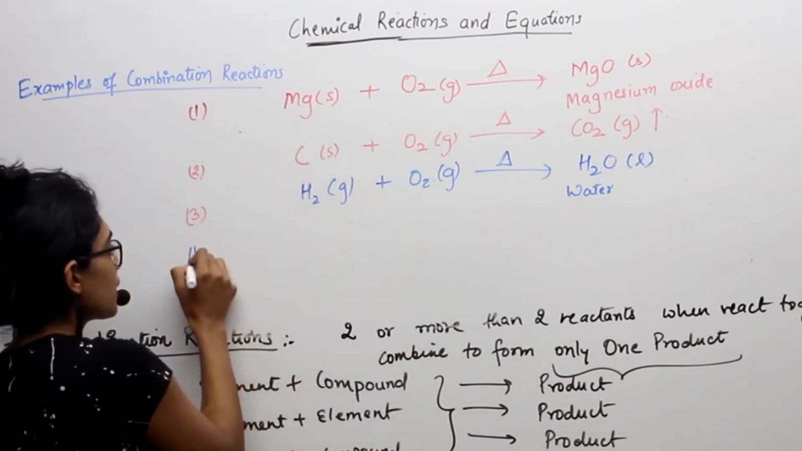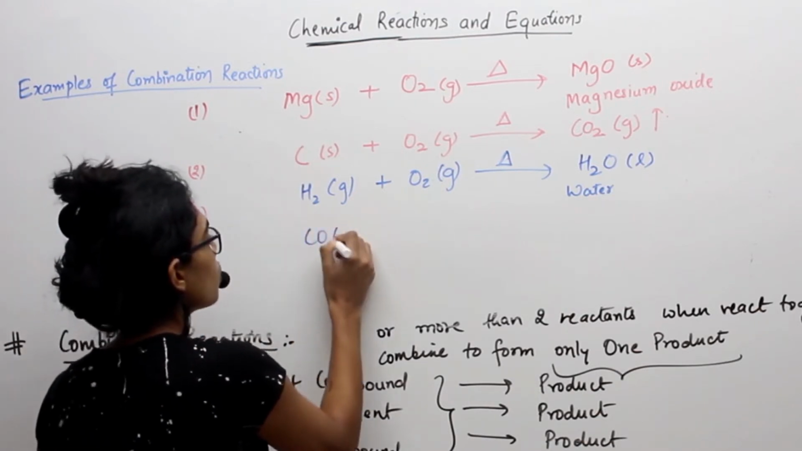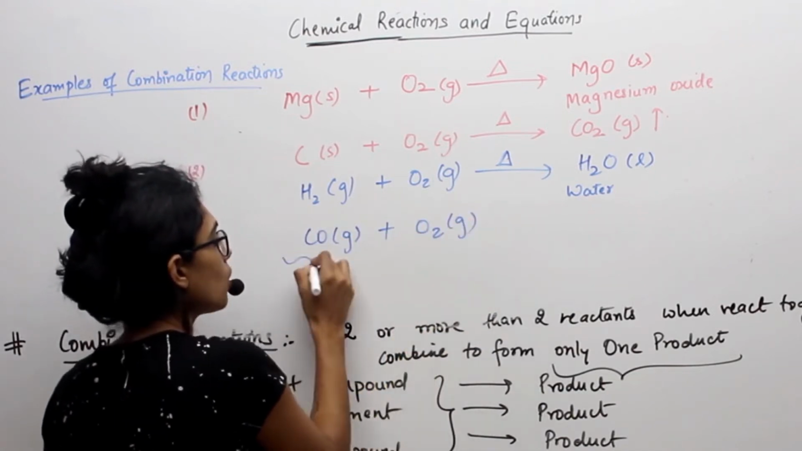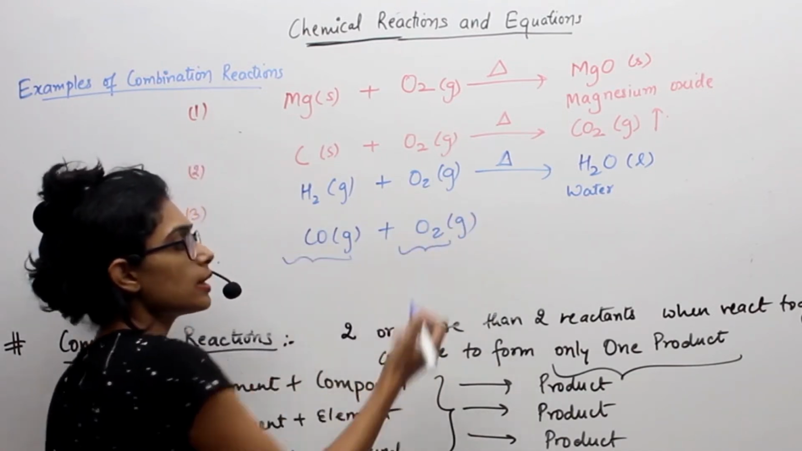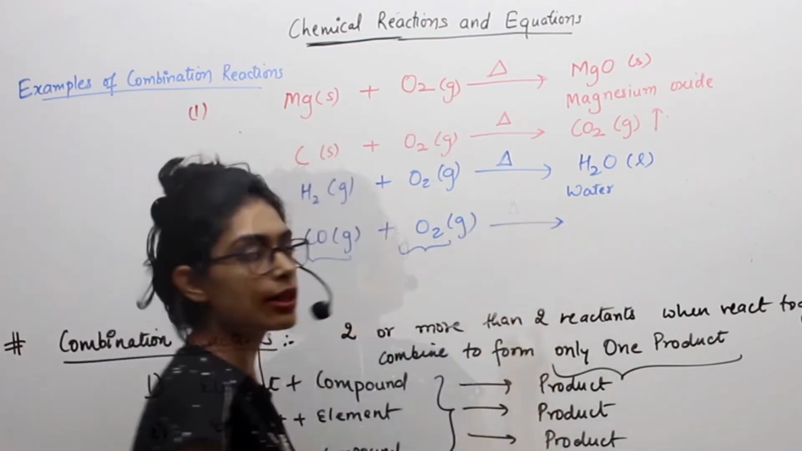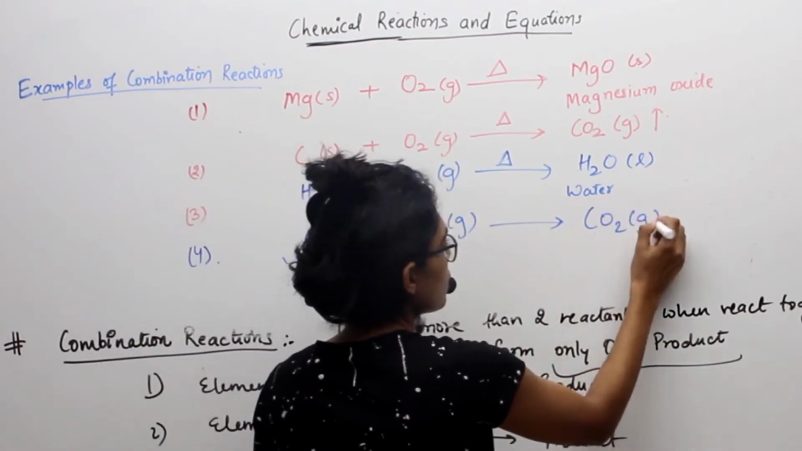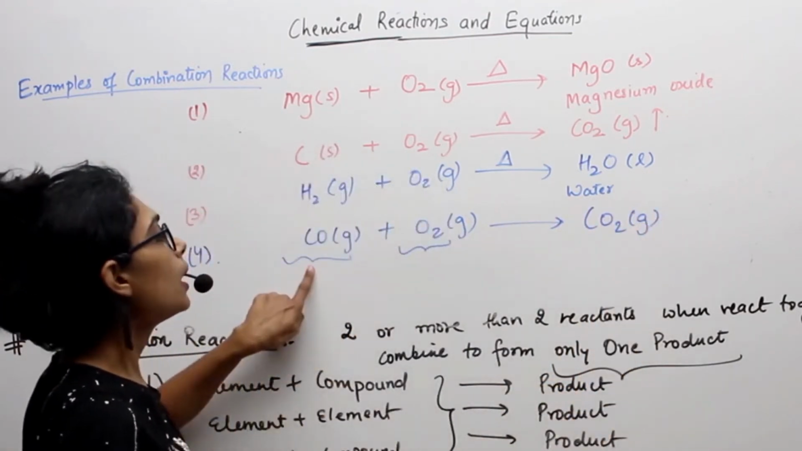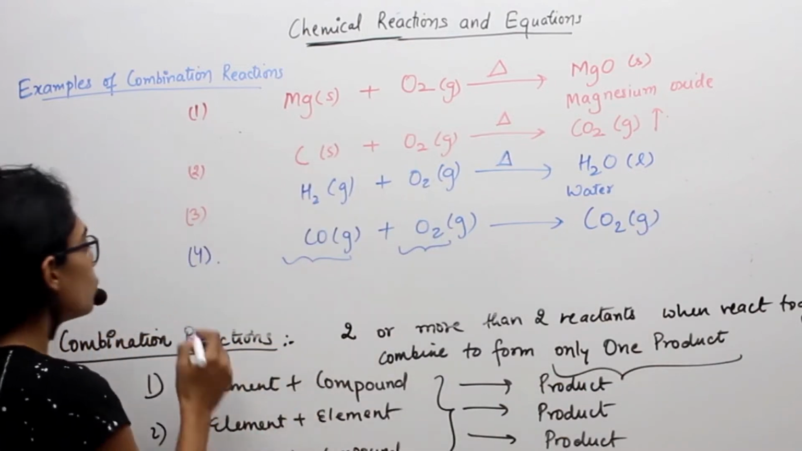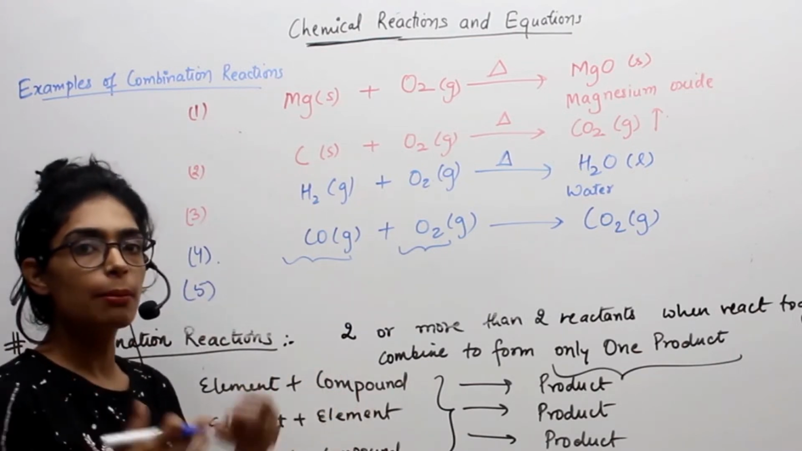So let's see the fourth example. What is the fourth example? Carbon monoxide reacting with oxygen. Carbon monoxide is a compound, oxygen is an element. Both of these combine together and form carbon dioxide gas. So this is an example where one is a compound and the other is an element. Now I'll show you one more example where two different compounds are taken, combining and forming